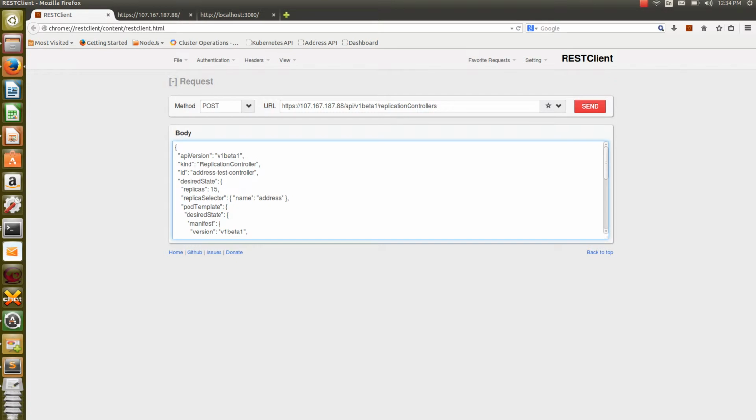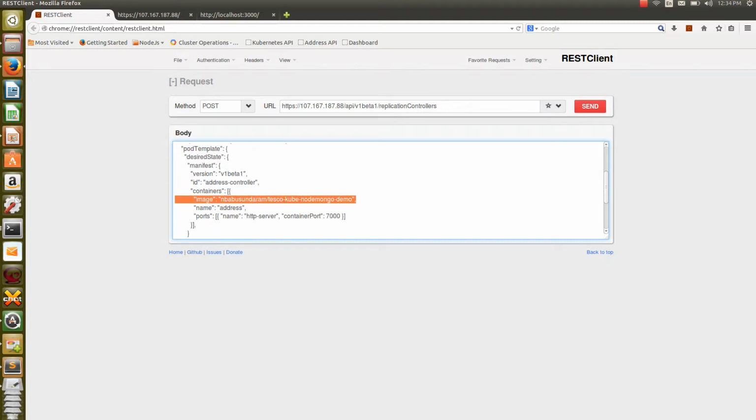Here if you look at the configuration, it is telling API version v1beta1, and then kind is replication controller, and then ID is address test controller. And what I am going to ask here is that the desired state of replica is 30. So you just deploy 30 address API applications belonging to that particular image.